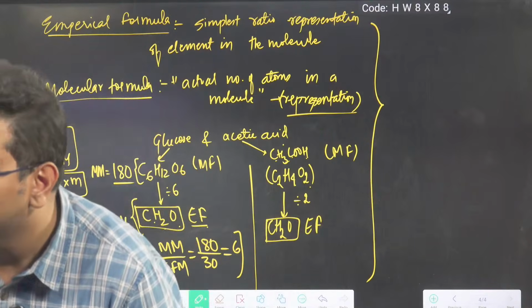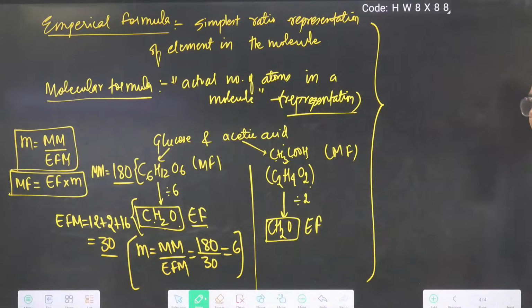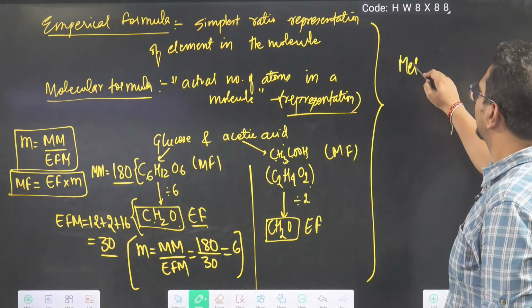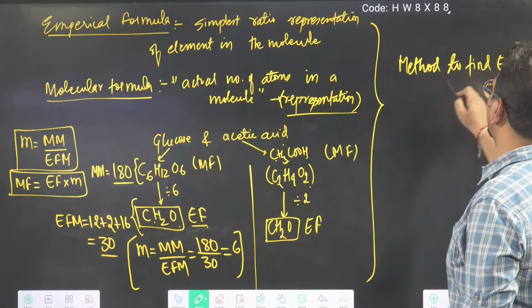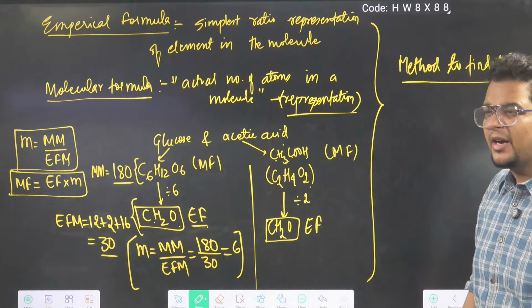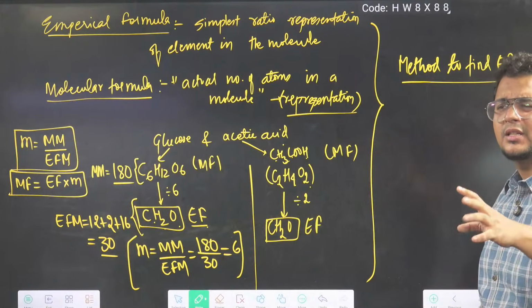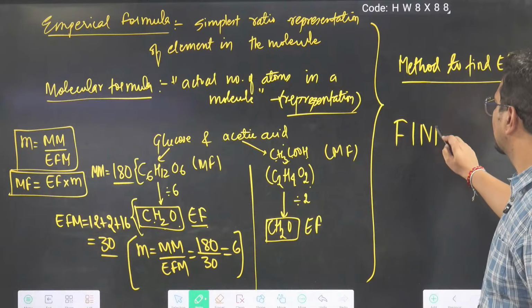Then let's try the method to find the empirical formula. Such a tough method is there. I guarantee, I will tell the method, then you will say, sir, repeat 5 times, and then also you will not get it. The method is